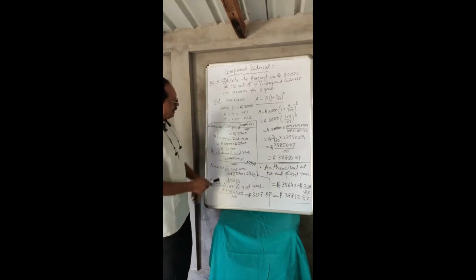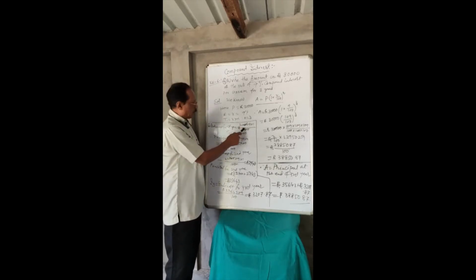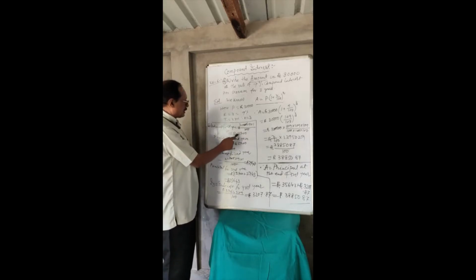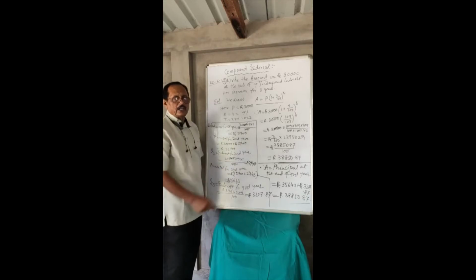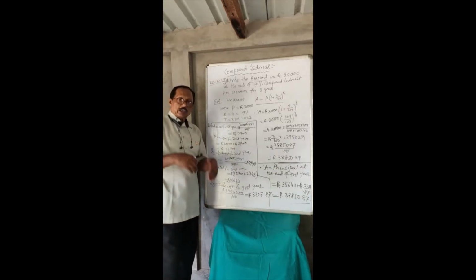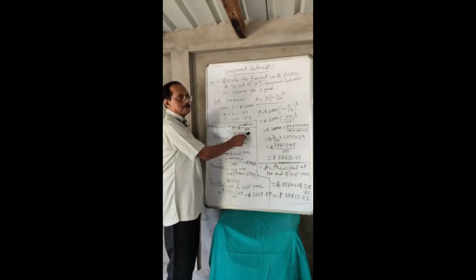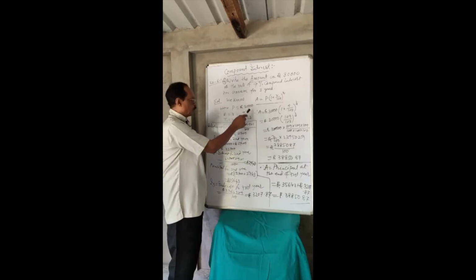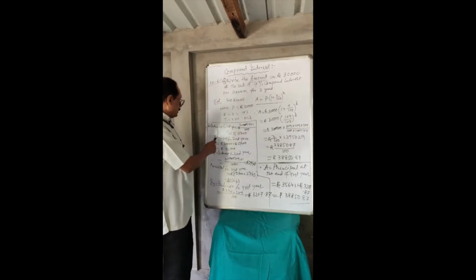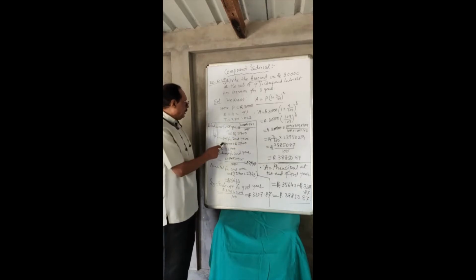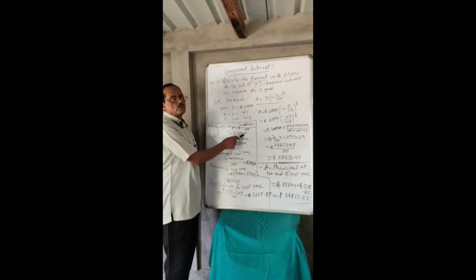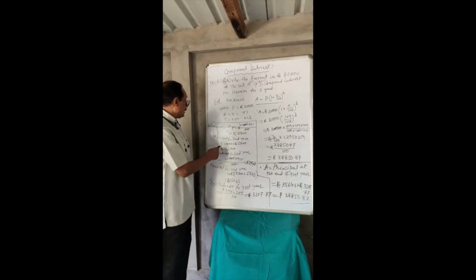So the formula you know, P into R into T by 100. The principal here is 30,000, rate of interest 9% for 1 year, divided by 100. So the interest for the first year is coming as 2,700 rupees. For compound interest, the previous year's interest will be added to the previous principal, and that becomes the principal for the next year. So the principal for the second year is 30,000 plus the first year interest 2,700, total 32,700 rupees.